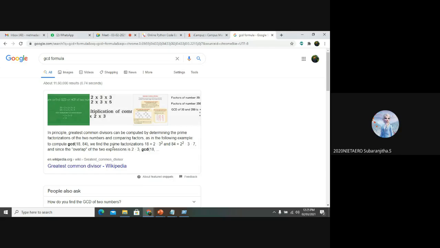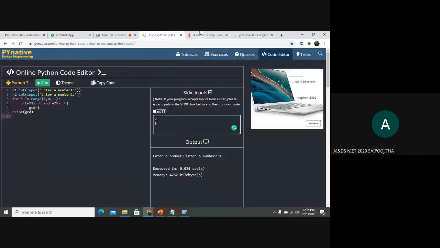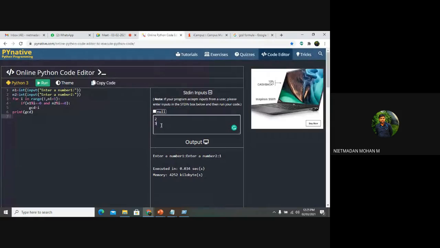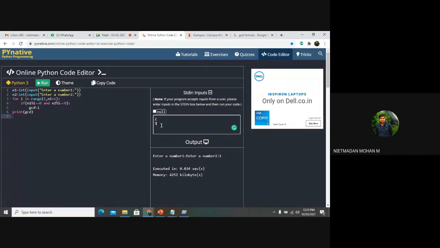1, sir. So that's why I'm asking, what is the formula for finding the common divisible number? There is no formula, sir. Then how can you substitute that? If I give 2 and 3, the common divisible number is given as 1. How is that? Sir, 2 into 1, 3 into 1. So in both the factors and tables, 1 is common.